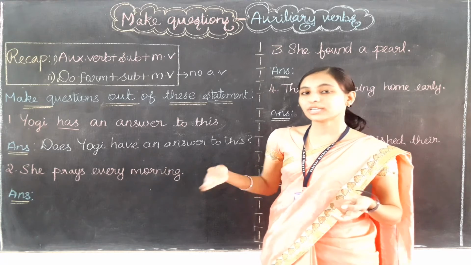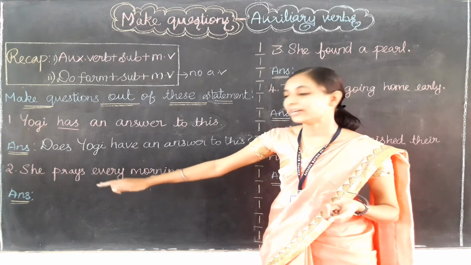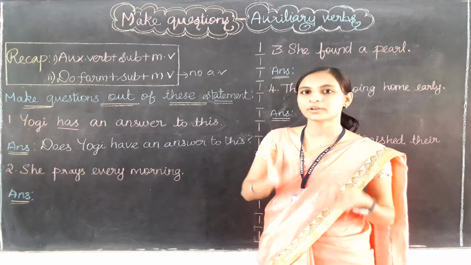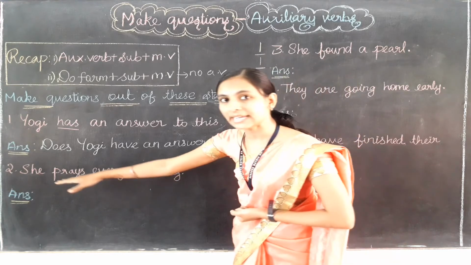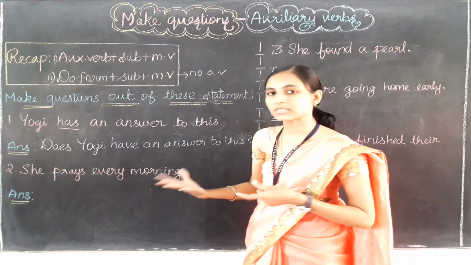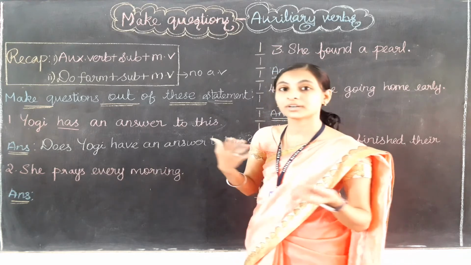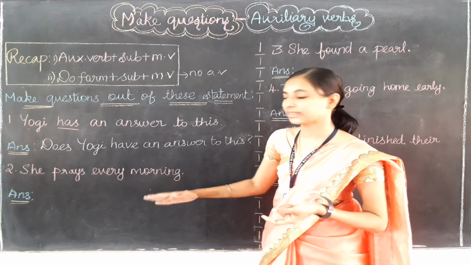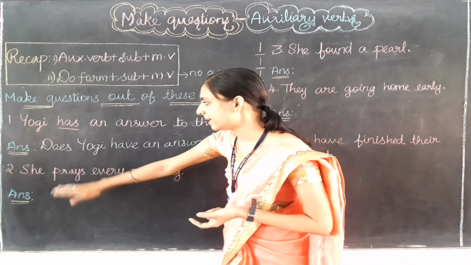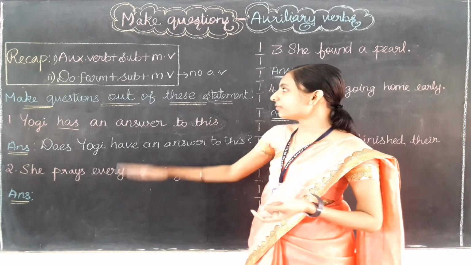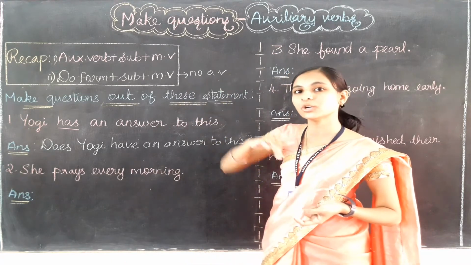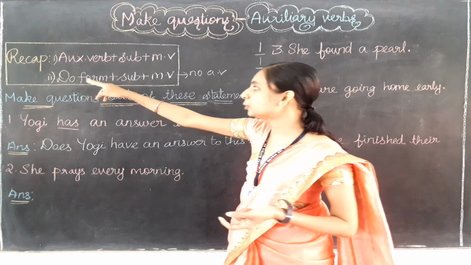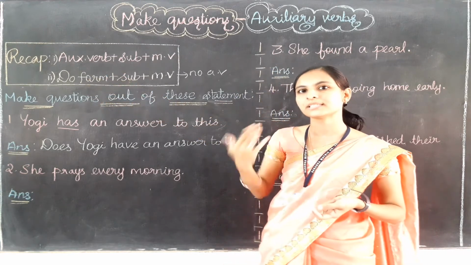Am I right? So in English we need to find out whether this sentence has an auxiliary verb or not. Can you find any auxiliary verb here? Any is, was, am, were, has, have, do form verb, anything? Nothing. There is only the main verb here. So when there is no auxiliary verb, which rule do we need to use? Yes, we need to use the second rule, that is do form plus subject plus the main verb.